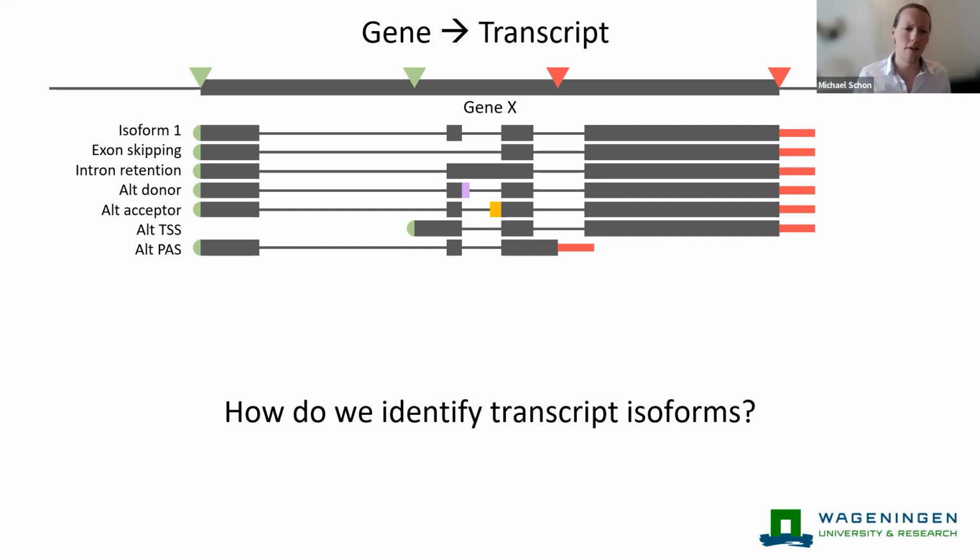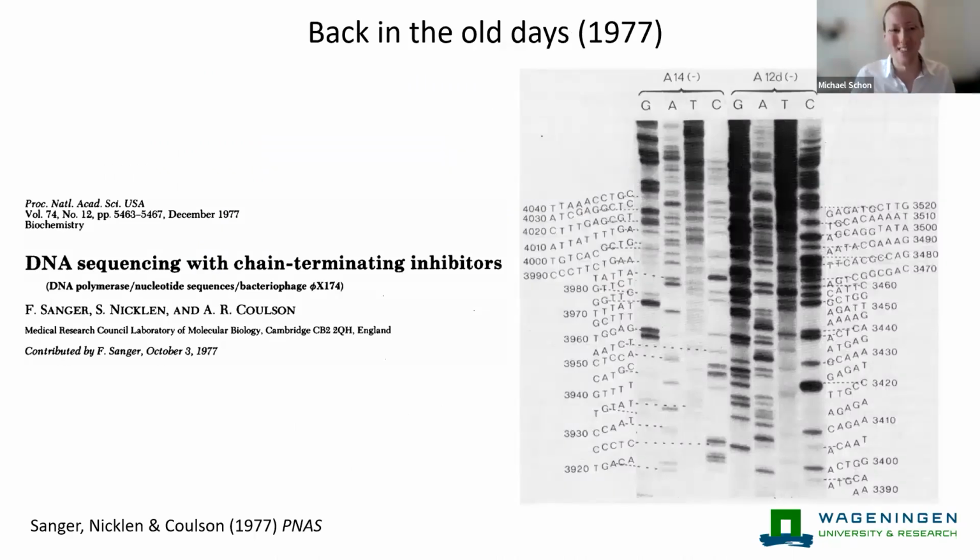And so that begs the question, if we're interested in isoform variation, how do we go about experimentally identifying transcript isoforms? And I thought it would be fun to go kind of all the way back and think about how things were done back in the old days. So the concept of sequencing really came from Fred Sanger and colleagues in the late 70s. And in the method that Sanger developed,